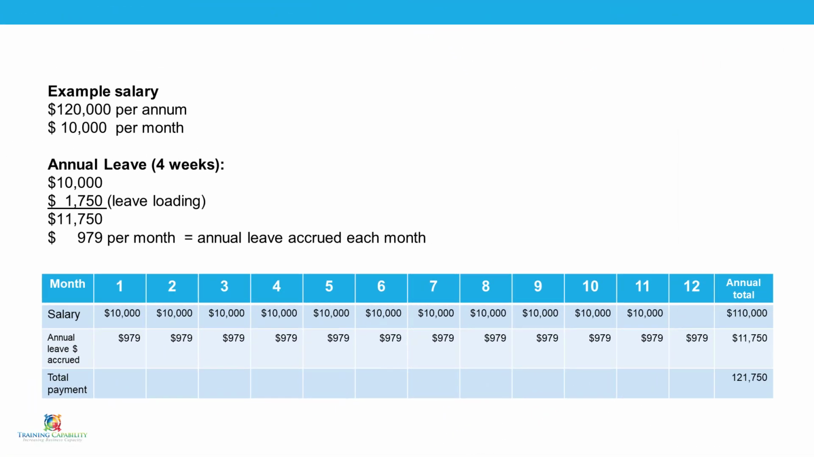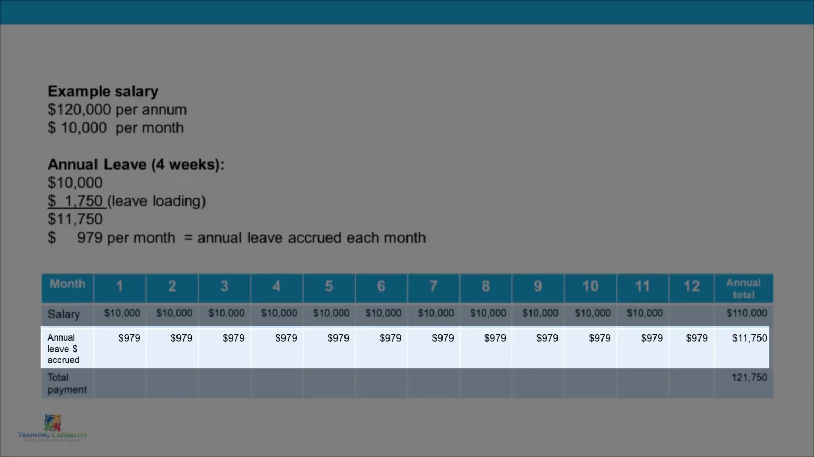This first PowerPoint slide uses a simple example to explain how leave is calculated. Let's say your employee earns $120,000. For simplicity's sake, I'll divide this annual income by 12, so the monthly salary is $10,000 per month. Because we are using accrual accounting, leave expense is charged to your cost centre when leave is earned, not taken. The employee is entitled to 4 weeks recreation leave, which equates to $10,000 plus another 17.5% leave loading, which equals